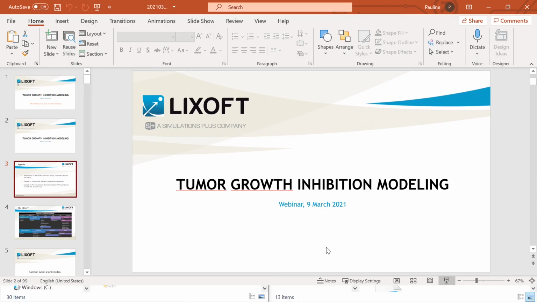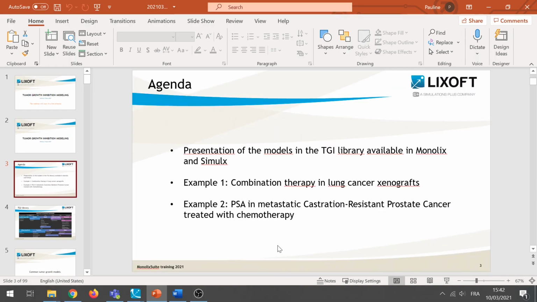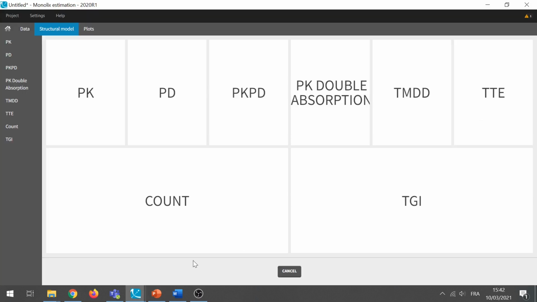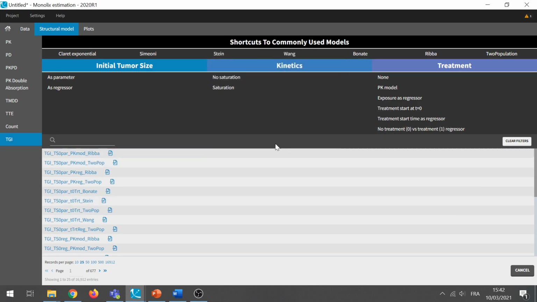I will begin the lecture by showing you quickly the library of tumor growth models that is now available in Monolix. The library is available here. And of course, many different models exist in the literature, some of them being quite complex, so this library is not exhaustive. But in this library, we have selected common simple modules from the models in the literature, and we have organized them in a modular way.